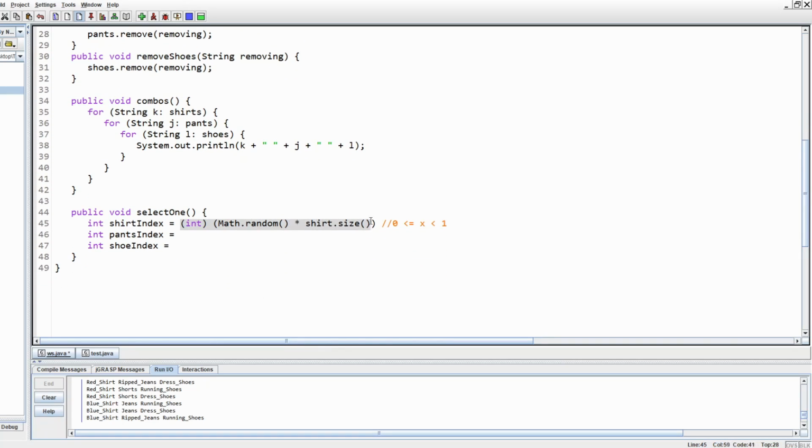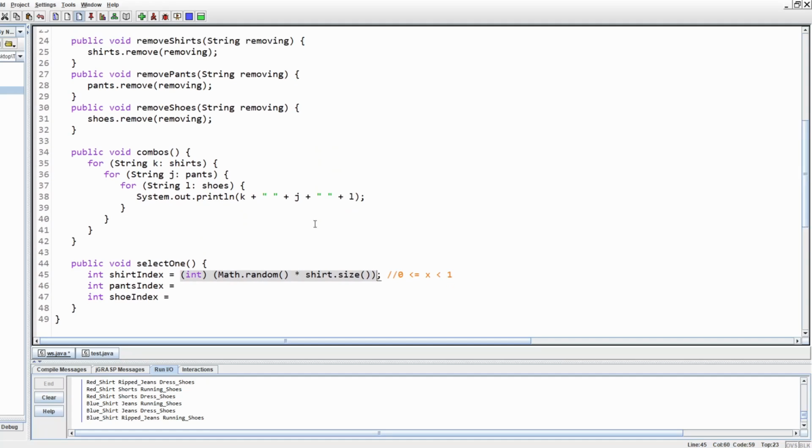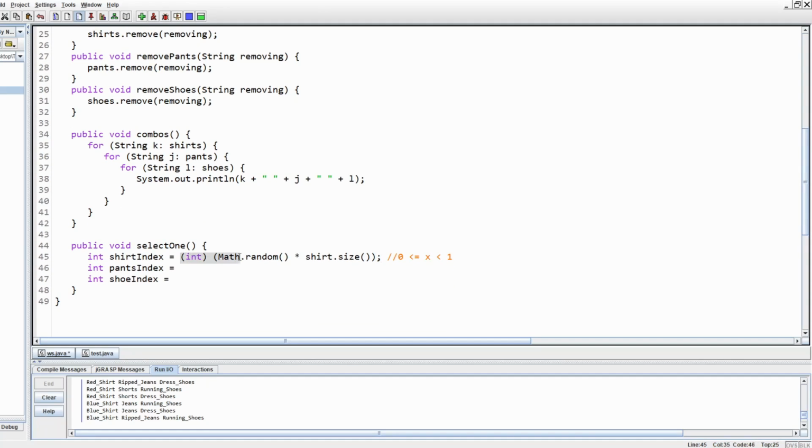I'm not going to exactly tell you the math behind why this works. You can look that up yourself if you want, but basically it's just going to give us equal chances to randomly select an item from our array list. So we can copy this and paste it for each of the other variables. And we're going to make this pants.size and shoes.size. And so now that we have the indexes, we're going to do